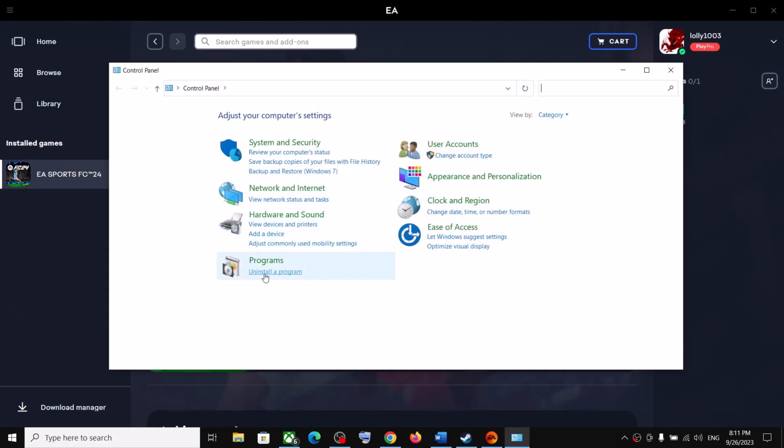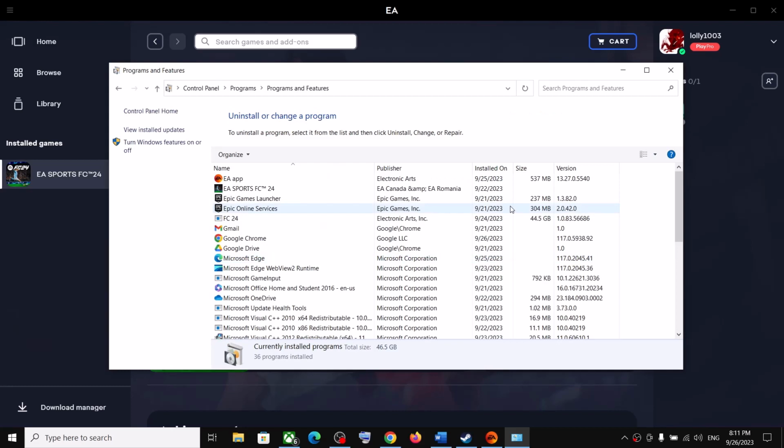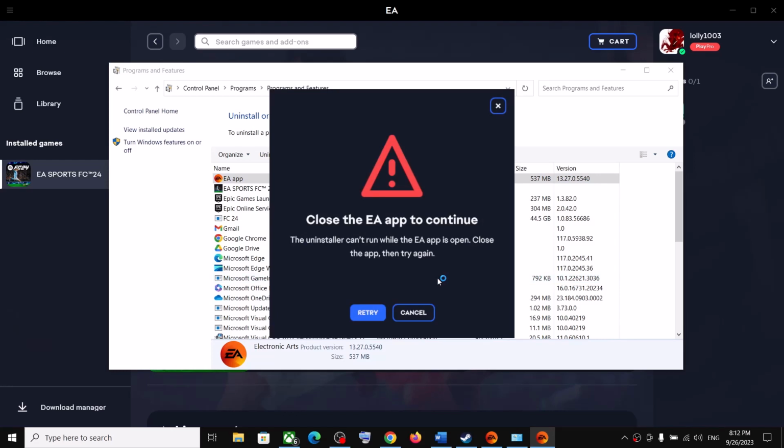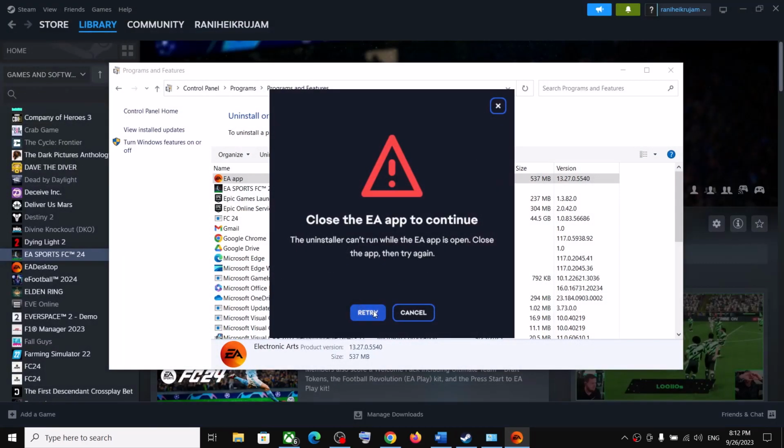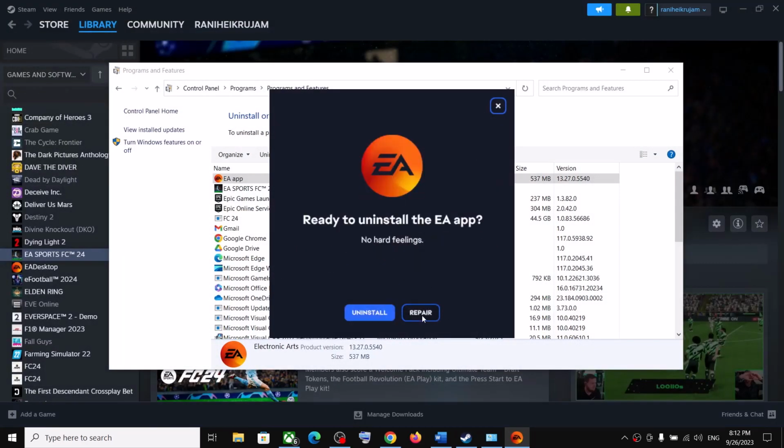Now click on uninstall a program under programs and then select EA app, make a right click and then click on uninstall, click on yes to allow. Okay, I'm receiving the error. I think EA app is open, so make sure that you close EA app first and then click on retry and then click on repair